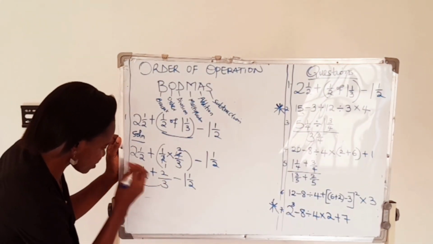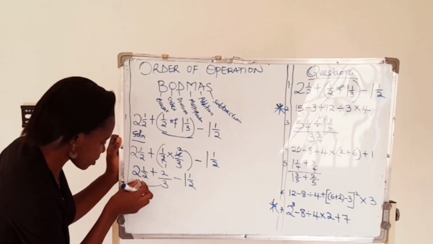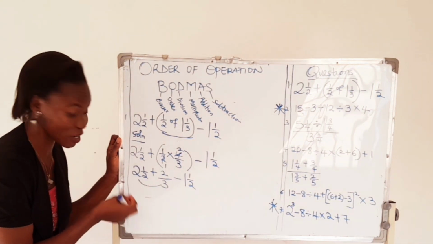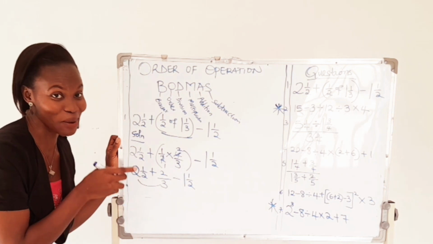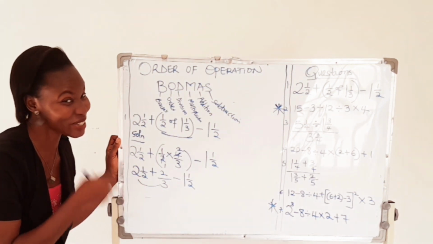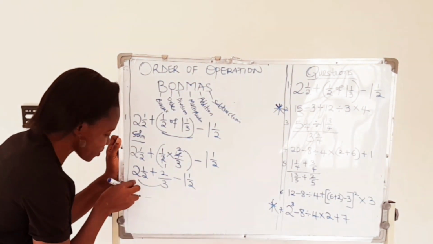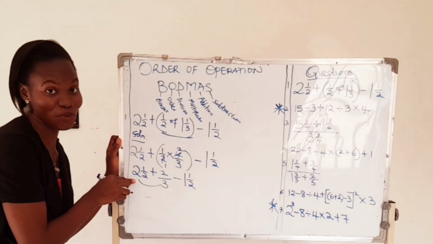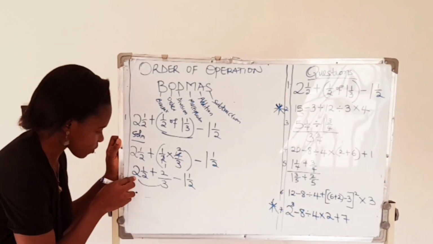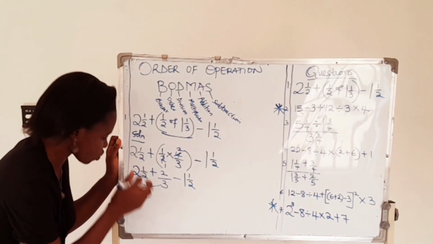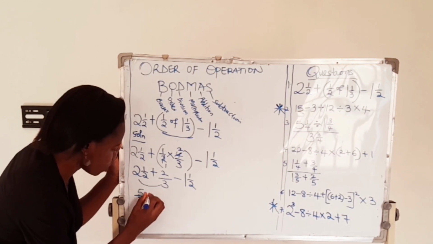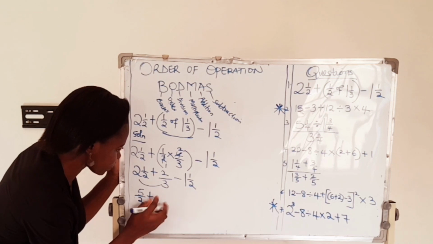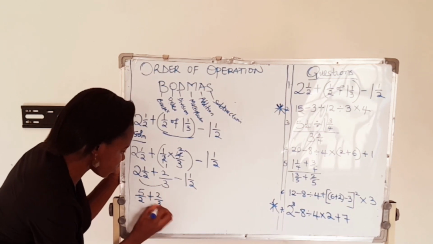So we solve this. Anyhow you want to solve, if you want to change to improper fraction, you change it. Still, if you are here to watch our video on addition and subtraction of fractions, do so. Alright, so what I'm going to do is change it to an improper fraction. What's the improper form of this? 2 times 2 is 4 plus 1. I have 5 over 2 plus, this is 2 over 3